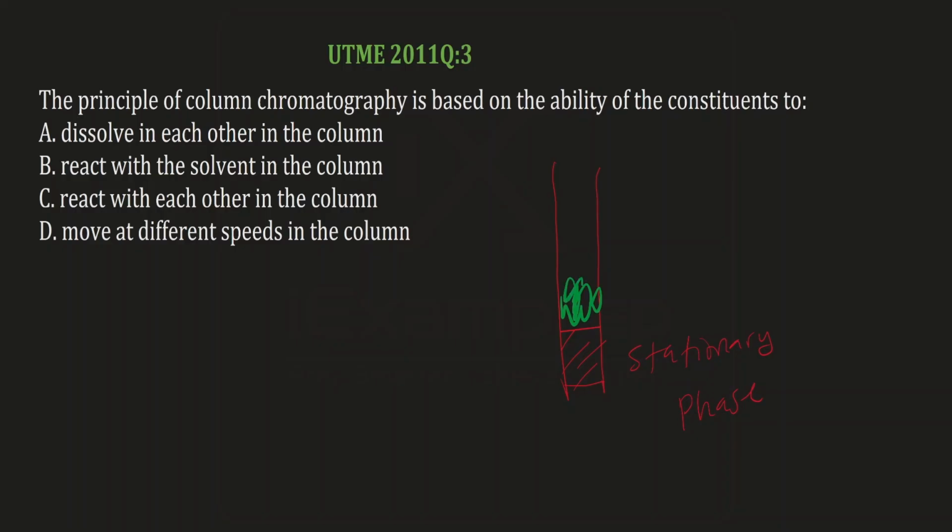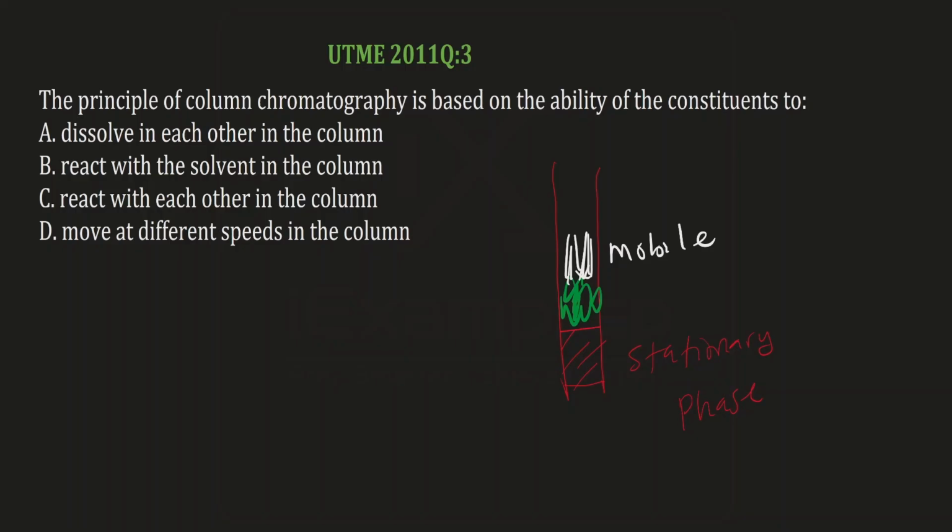And after that, we put in the mobile phase, which is always a solvent. So the solvent can either be ethanol or ether. So we pour in the mobile phase. So this is the mobile phase. This is the mixture. Now, as the mixture and the mobile phase pass through the stationary phase, because of the